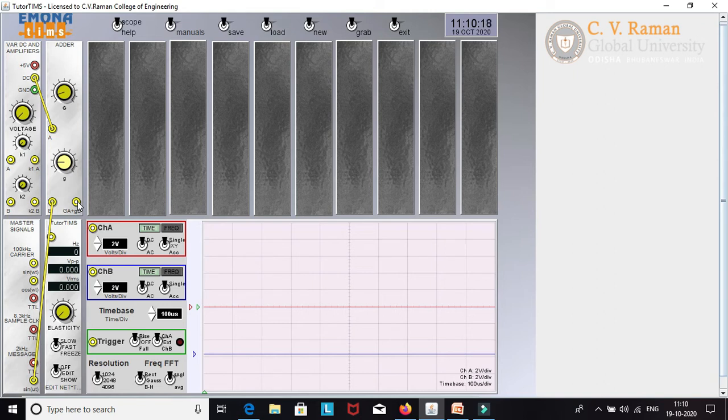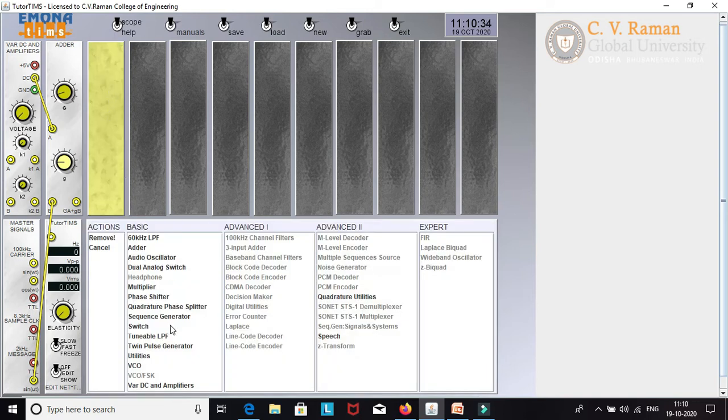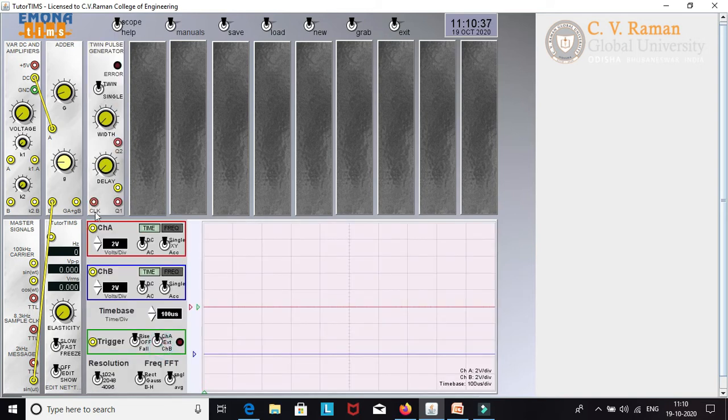What you have to do with the adder is give this adder output to a comparator. Before giving it to a comparator, we need to generate a ramp signal, as I told you. How will we generate a ramp signal? Simply, first we have to go for a twin pulse generator. To this twin pulse generator, I have to give a clock signal. I am giving the 8.3 kilohertz clock here. I am connecting this 8.3 kilohertz clock to the twin pulse generator. So here I will be getting the output Q2. Clear now?